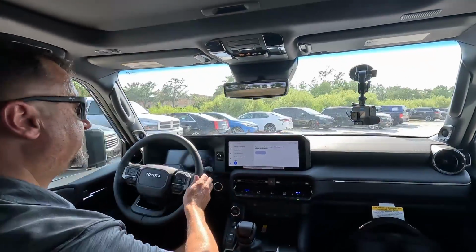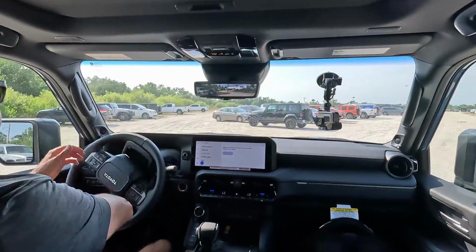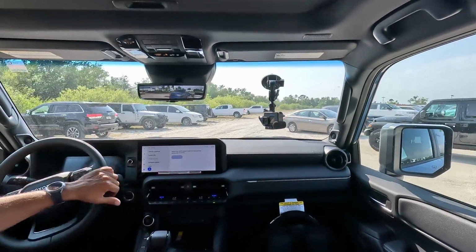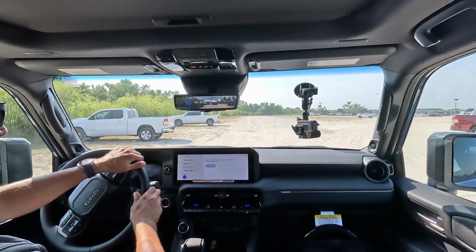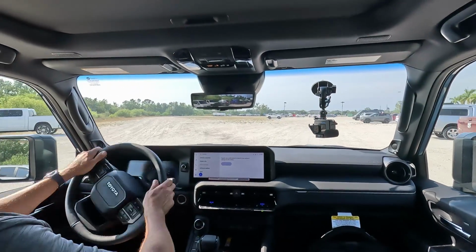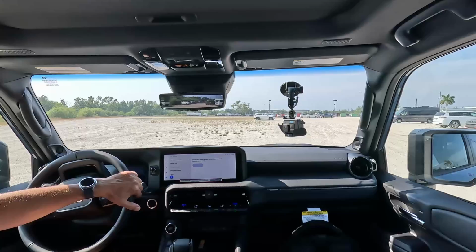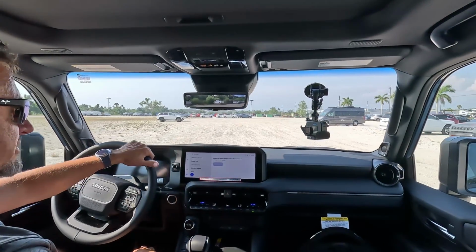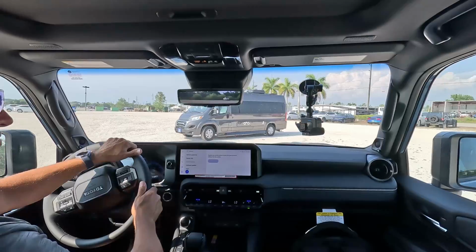Let's get into this gravel lot that we have on the side here, because that's what this vehicle was meant to do, go off the beaten path. I don't have an off-road trail, neither is this my vehicle, it is available for sale. I'm not going to beat on it. I'm not going to do 0 to 60 or anything like this. This is a specialty vehicle,